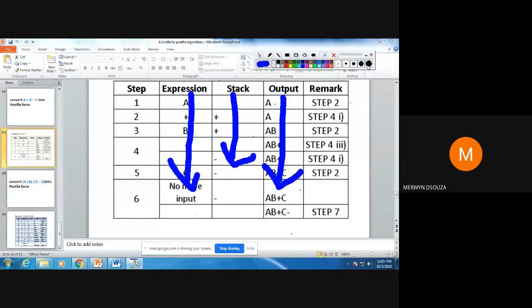I'm relating what is happening in this table to the program so that you understand. We'll solve this same expression in the program. I'll solve one expression, and you can trace the second one later and see.